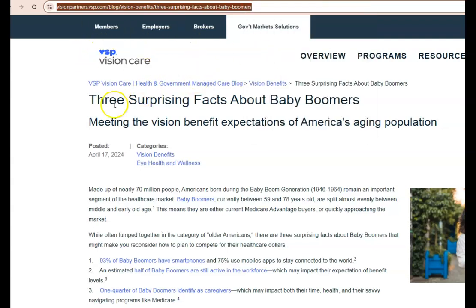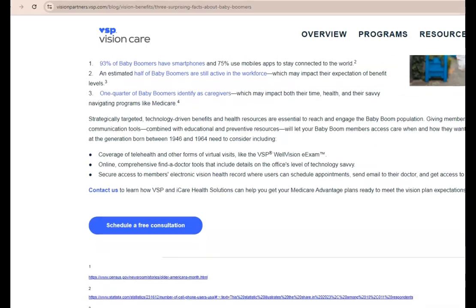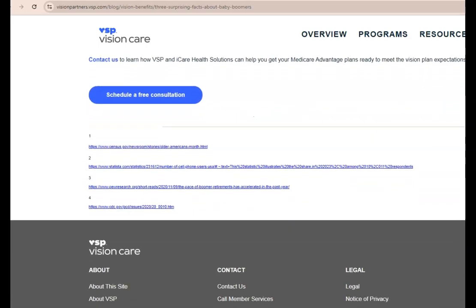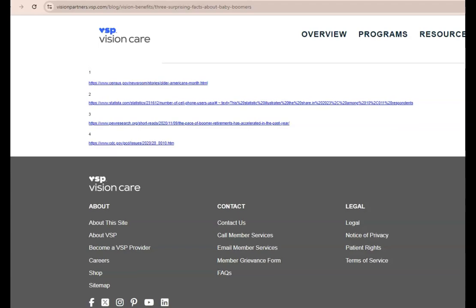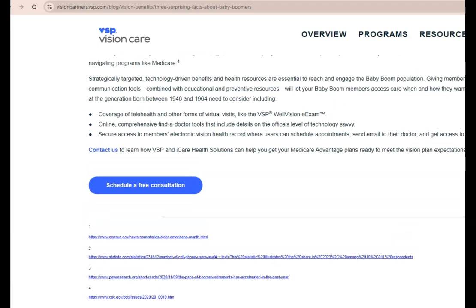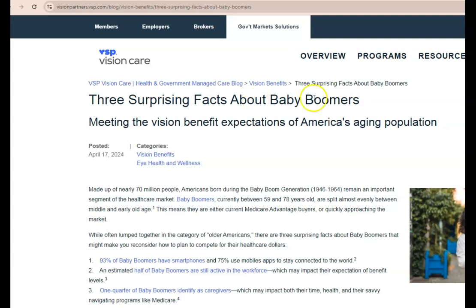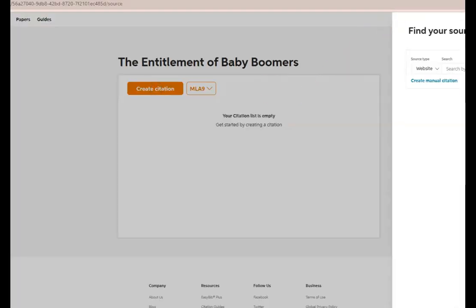Let's look real quick to see if there's an author. Did somebody write this, or is it website content? Anybody wrote this? Doesn't look like it, does it? Okay, doesn't matter. Let's go over here to our EasyBib list, the citation,